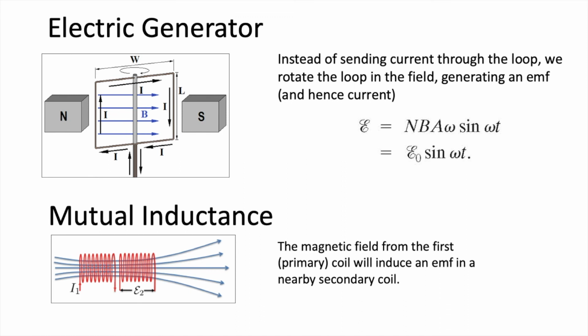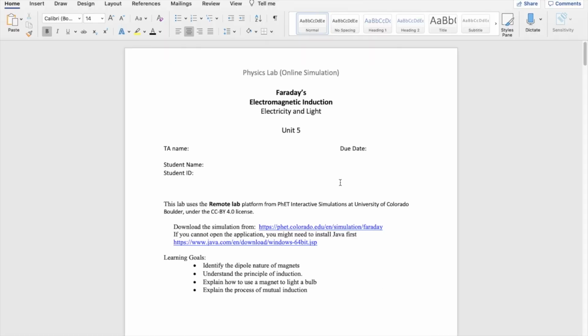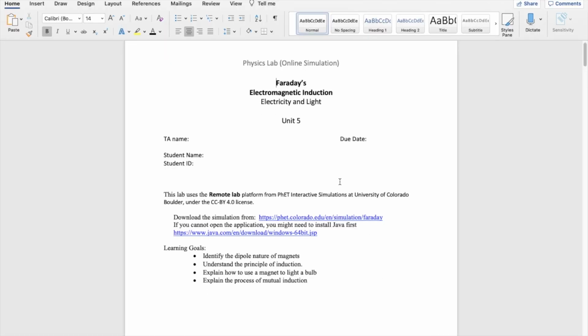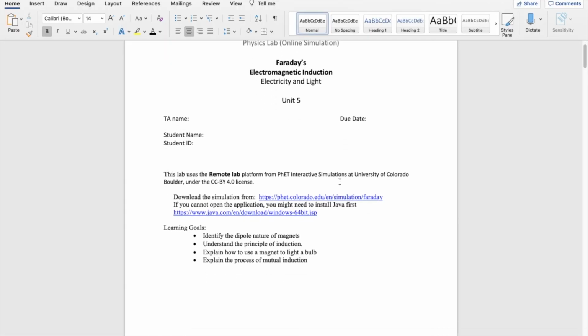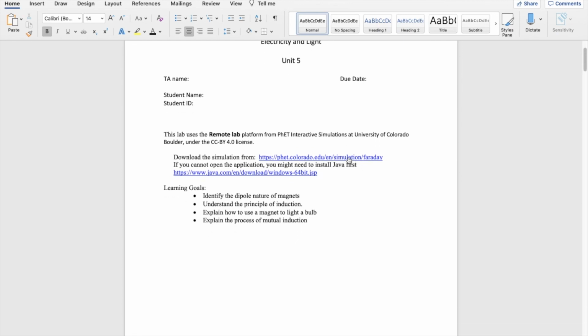We'll look at this with one example in the lab today. Okay, let's move on to our lab simulations. Here's the lab for today's electromagnetic induction lab. As usual, go to this link provided here,